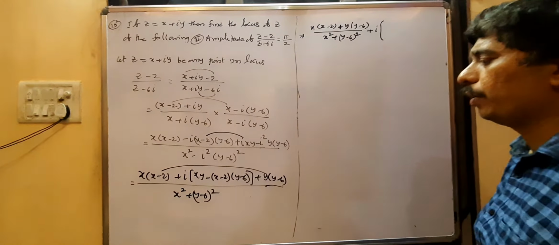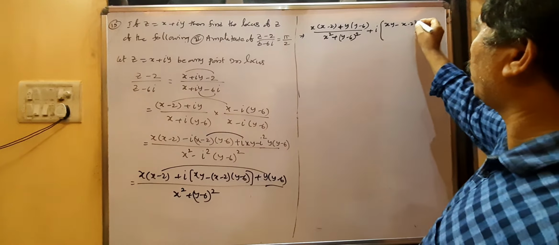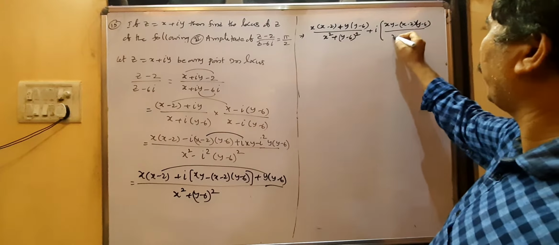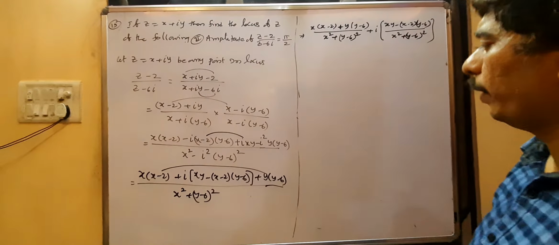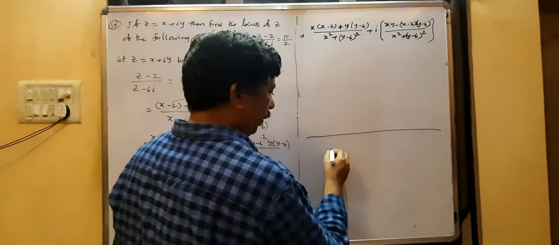imaginary part, you have xy minus (x minus 2)(y minus 6) by the denominator, x square plus (y minus 6) whole square. Whenever the amplitude of the complex number is pi by 2,